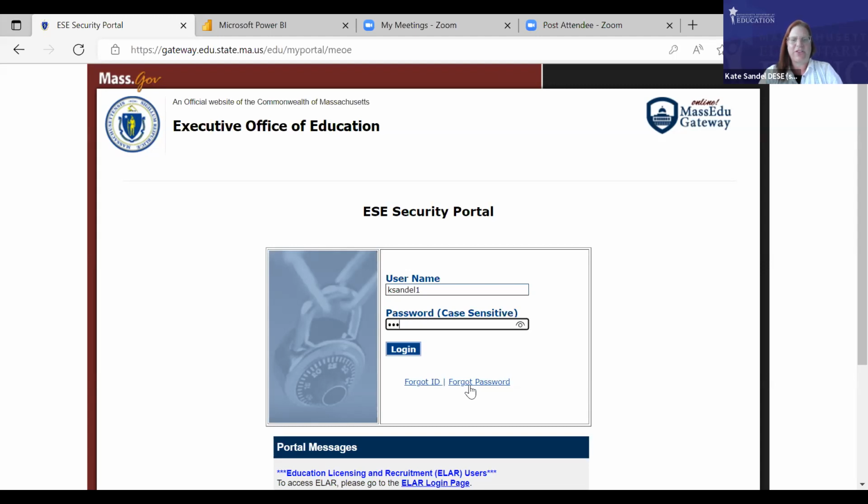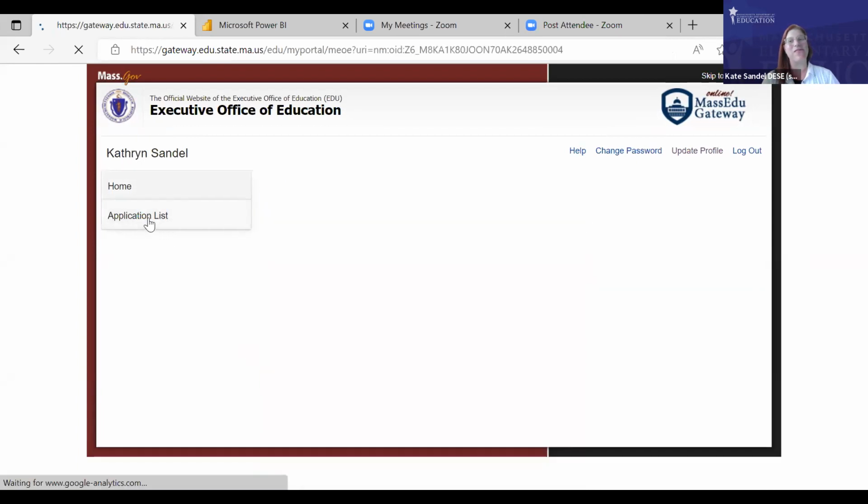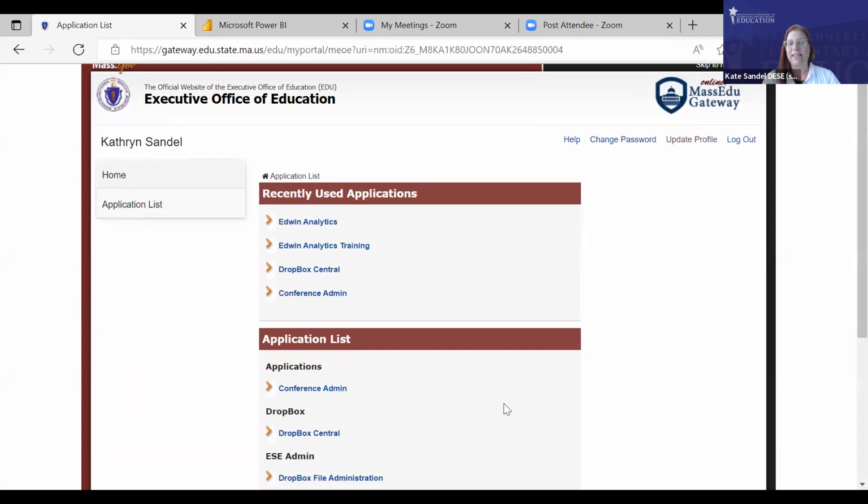I mistyped just there, and then you get to your login page here. If you've logged into Edwin recently, you're going to see Edwin under your recently used applications. If you've not logged into Edwin recently, you're going to have to pop over to your application lists, and then